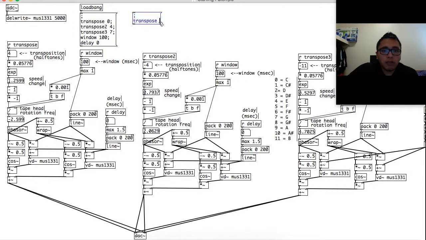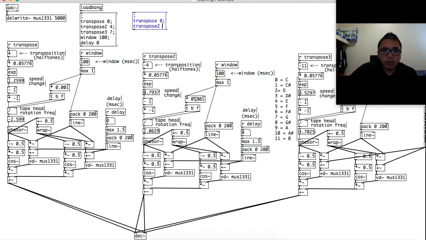Now we're trying to build an F major chord. Since the first branch already has a C, you can just keep that C. So put a 0 and a semicolon, press enter, and type in transpose 2. If you do not type in this 2, it'll just confuse it, and it won't know what to do. So make sure you type in the 2 to direct that pitch to this